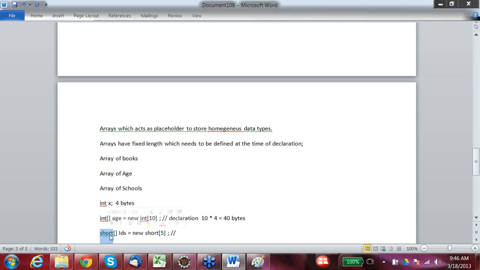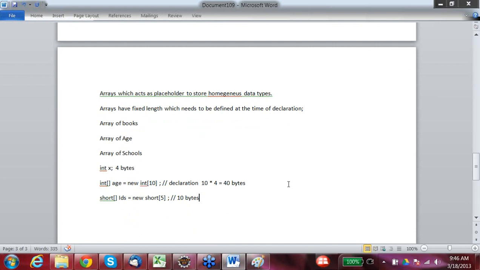Remembering every short takes 2 bytes, so 10 bytes would be preserved for short. My compiler needs to know how many spaces in the memory I want to preserve. So when you run the program, that particular memory would be used to store the values which are actually being used, right?